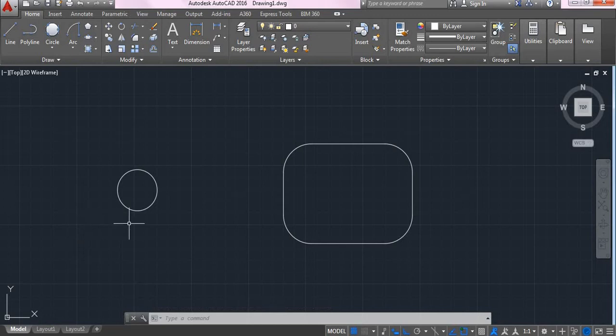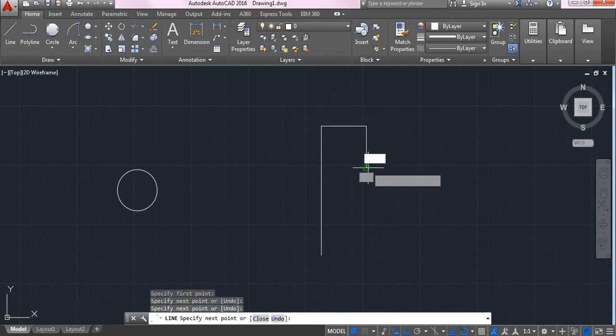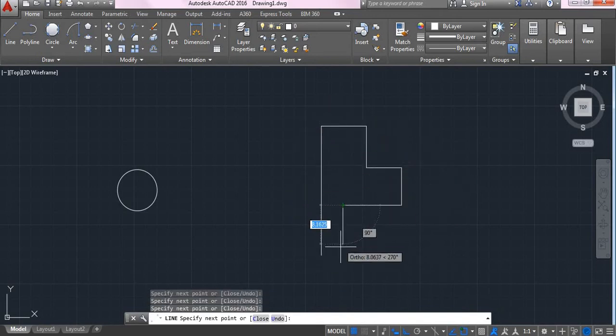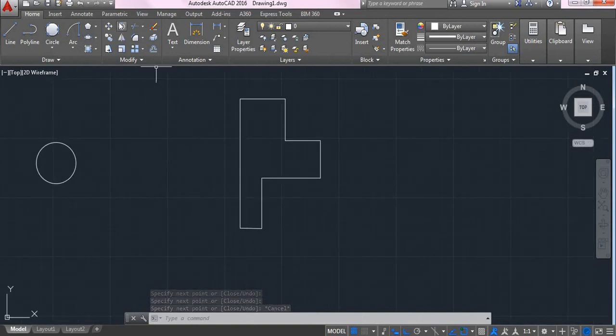The next thing is the rotate command. How to use the rotate command? Let me take one random profile. Say like this. I want to rotate this sketch. How to rotate it? You go for rotate and I'll select the object.